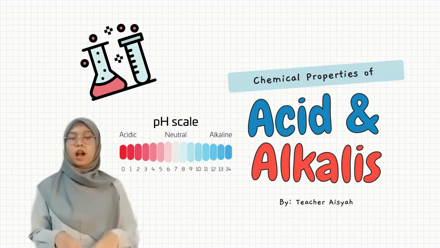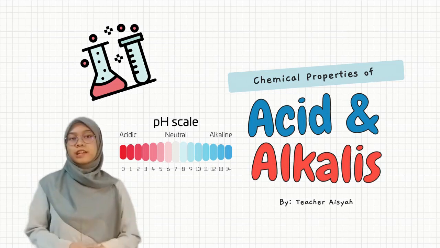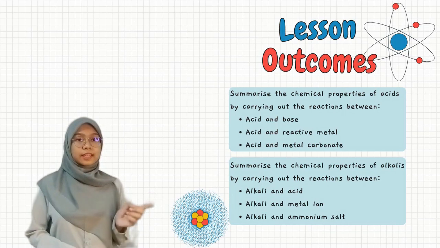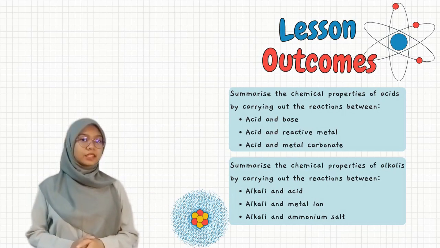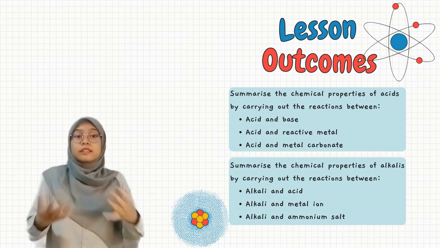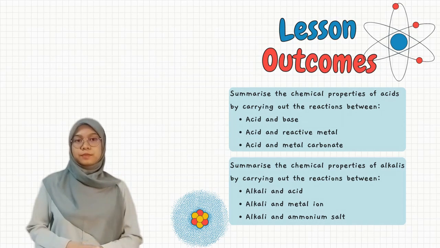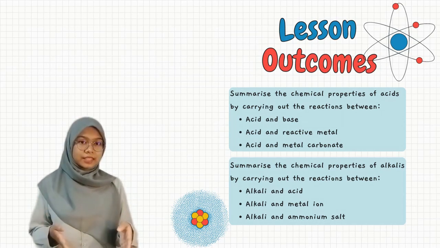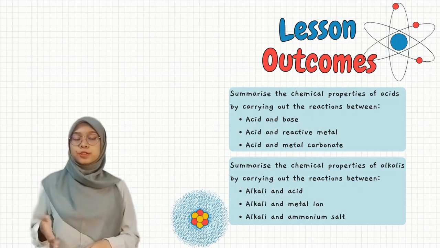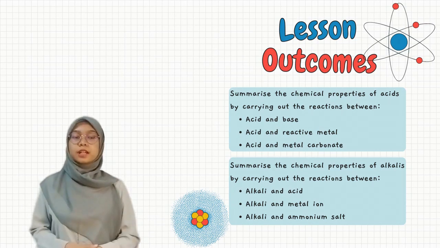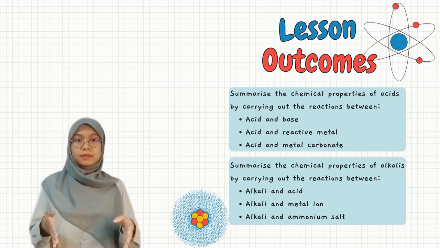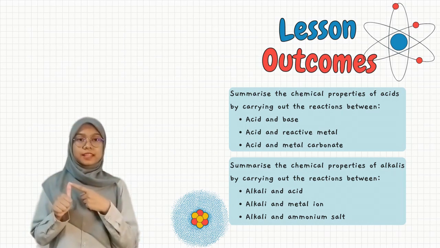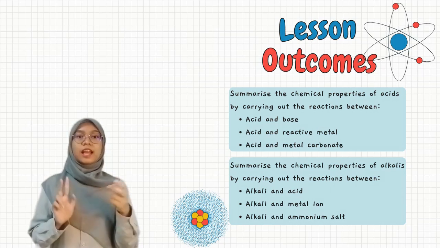In this video, I'm going to teach you about the chemical properties of acid and alkalis. Before we start the lesson, let's have a look at the lesson outcomes that you should achieve by the end of this lesson. The first one is, students should be able to summarize the chemical properties of acid by carrying out the reaction between acid and base, acid and reactive metal, and acid